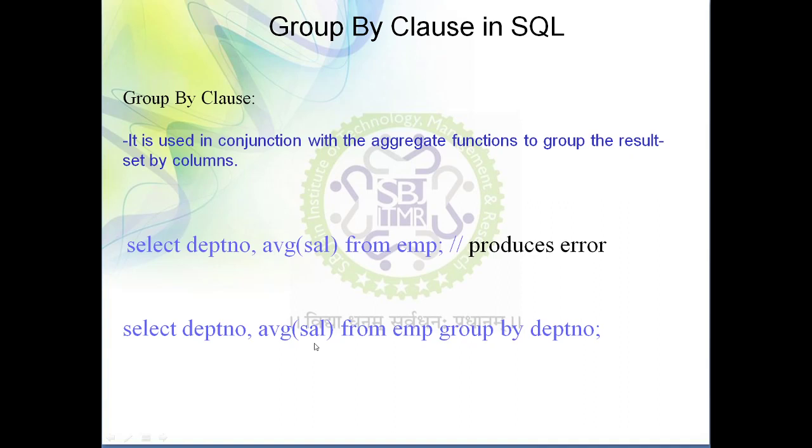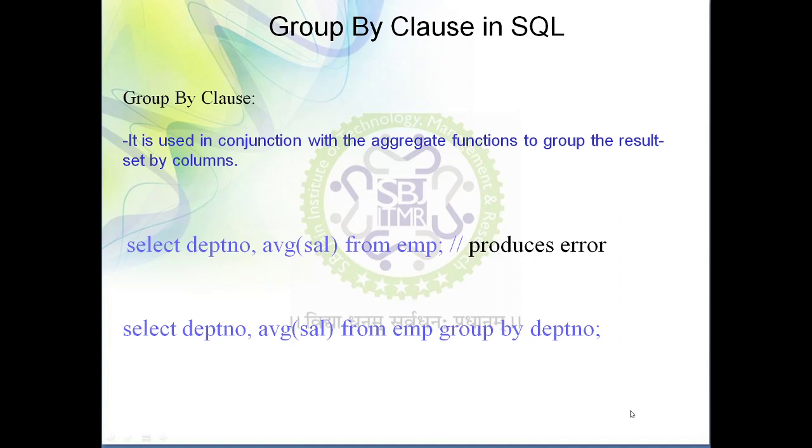Okay, so in this way you can use a group by clause. In this particular case, what output are you getting? You are getting the department number along with the average salary, but the average salary of only the employees belonging to that department. Suppose I write a query, select average of sal from employee, it will return the average salary of all employees of all departments in the employee table. But the second case is, I want to display department number and average salary in their own department only. In that case, this query will work.